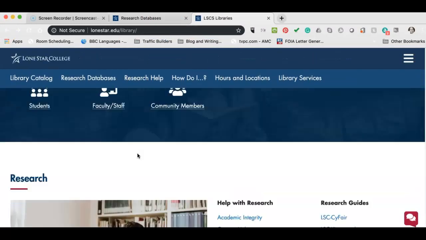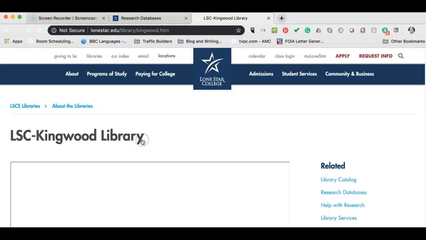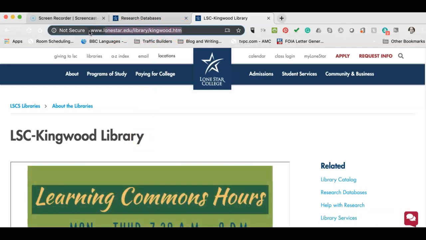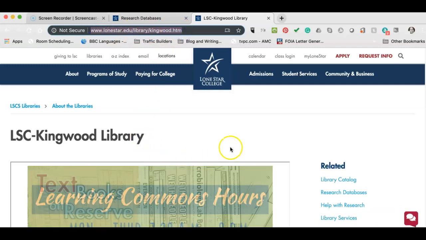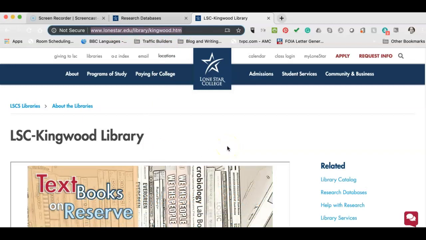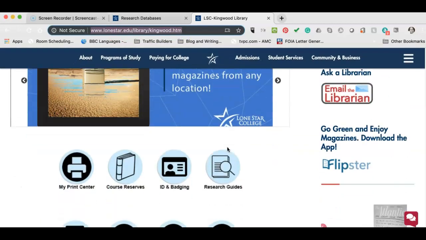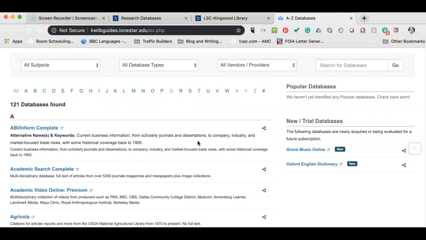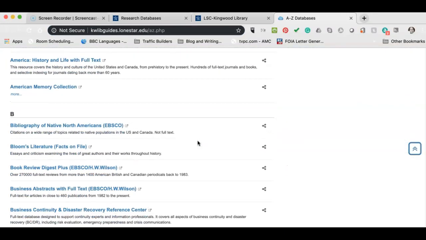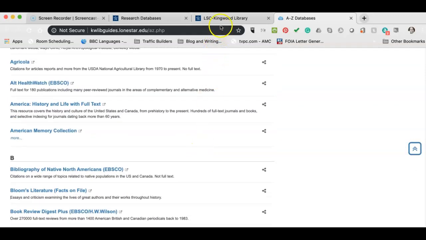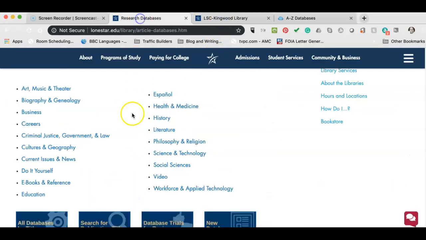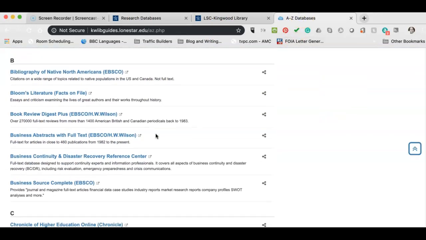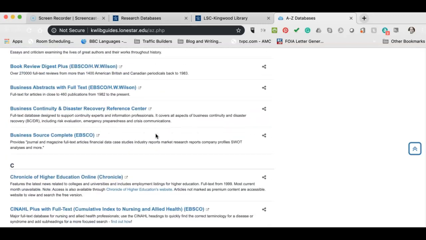The other way I want to show you is actually going through to the Kingwood library site. And of course, this is the library site's address. So if you want to bookmark this some way, shape, or form so you can just get to the library quicker, that's fine. And go down here and click databases. You have all databases here. So this is a lot of databases, more databases here than on the other page. So if this overwhelms you, and I don't blame you if this overwhelms you, you can actually just go the other way